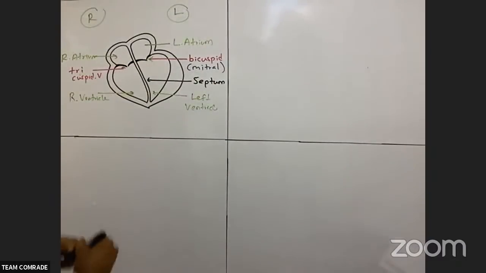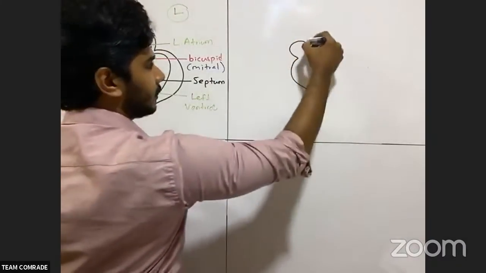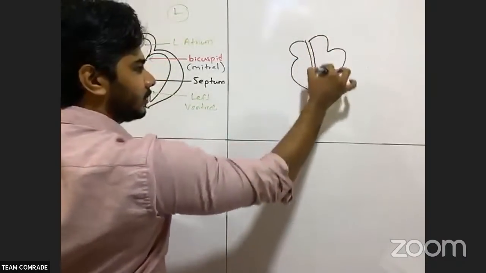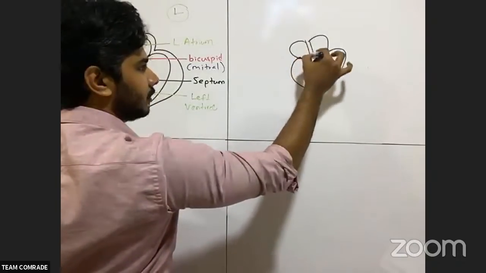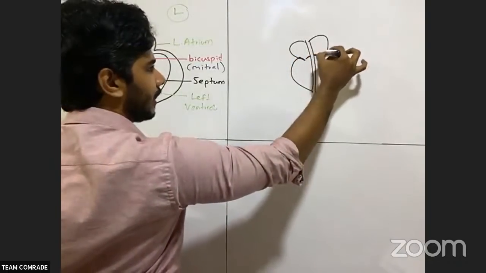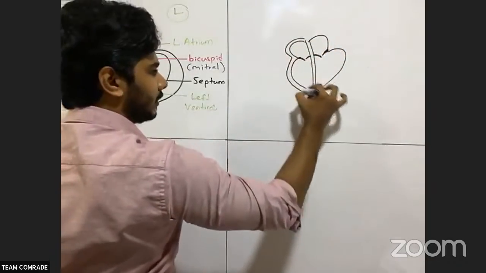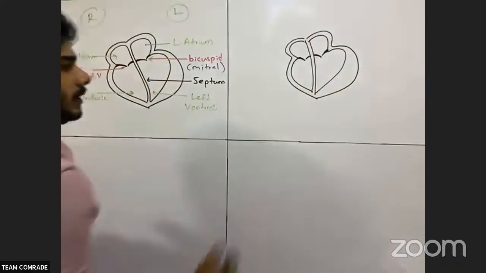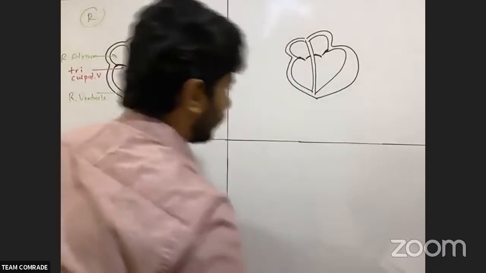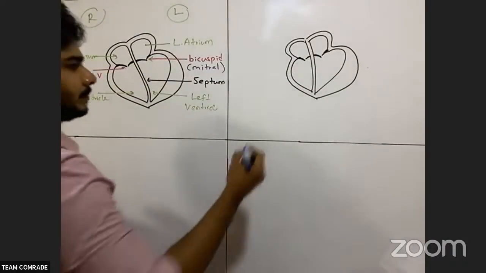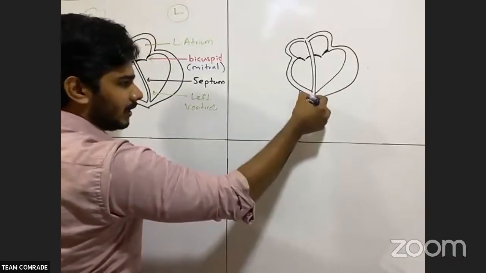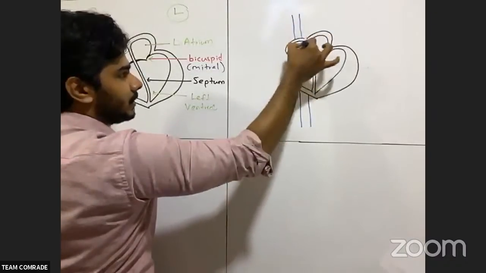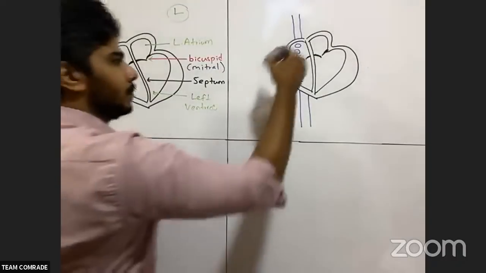Now for that part, you know how to draw. See? Going like that. Here. What happened? You have two parts. Here this valve, here this valve, here this valve, here this valve. Again. Now, as the next step, what is going to happen? From here, inferior vena cava, and from here, superior vena cava is going to come inside. Both will give blood here.